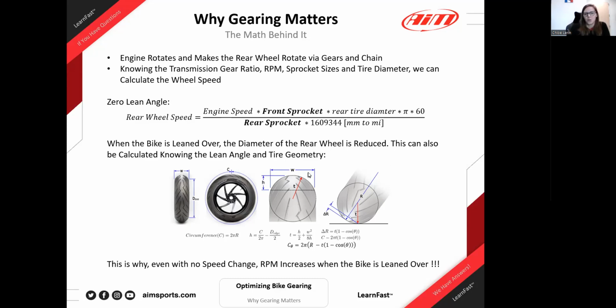But then you go to the third little cartoon. It actually shows that the profile of your tire is really a perfect circle, and as you change your lean angle, the diameter or circumference of your tire actually changes. It's a direct function of lean angle, in theory again. So for the rear wheel speed, I have the two equations here. At zero lean angle, your rear wheel speed is a direct function of your engine speed, your front sprocket,